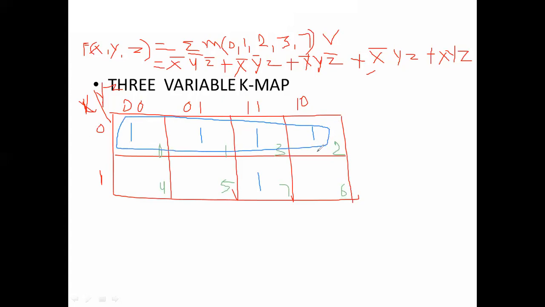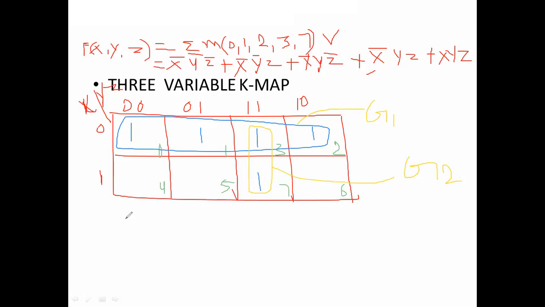Only if all are ones do we group them, adjacent ones. Next, this is remaining. Is there any possibility for a pair? Yes, this is one pair. Are you understanding? Now this is group 1, the four ones taken as group 1. This is group 2. So 2 groups are possible, one quad and one pair.